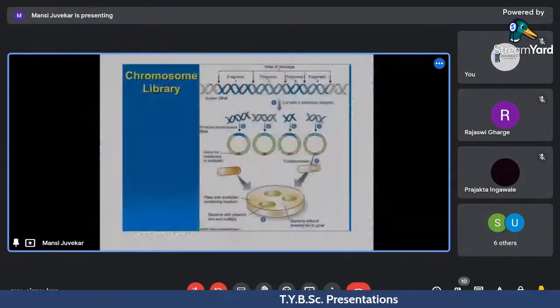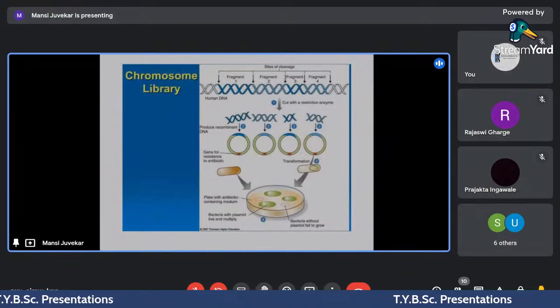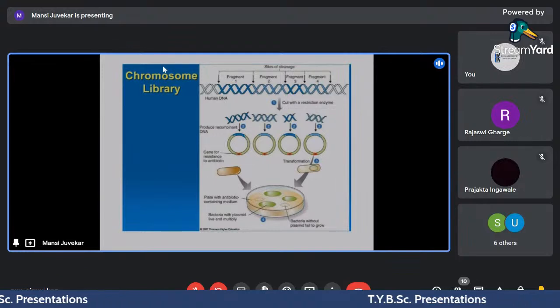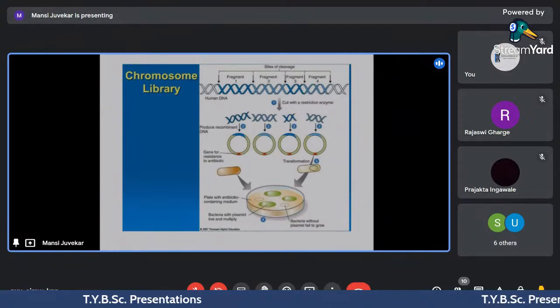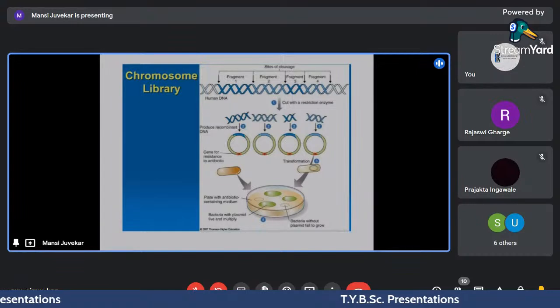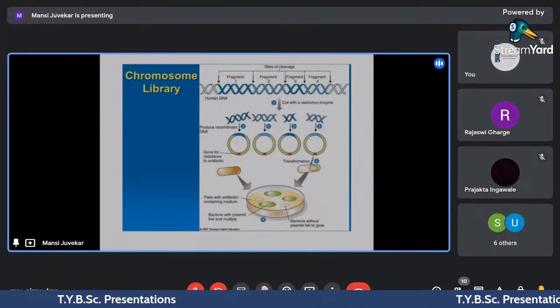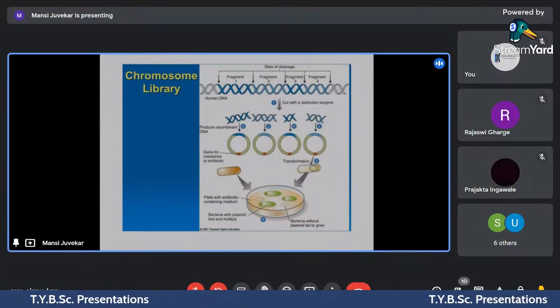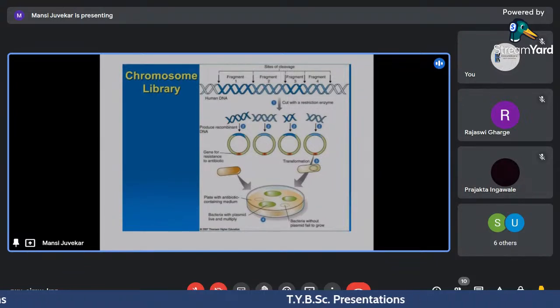टाइप्स ऑफ क्लीवेज। तो ये क्रोमोसोम लाइब्रेरी का मेथड है, मतलब वो कैसे बनती है। यहाँ पे साइट ऑफ क्लीवेज और ये डीएनए है। उसमें 4 फ्रैगमेंट्स हैं, फ्रैगमेंट 1, फ्रैगमेंट 2, फ्रैगमेंट 3 और फ्रैगमेंट 4, ह्यूमन डीएनए है। उसको रिस्ट्रिक्शन एंजाइम की हेल्प से कट किया है और फिर रिकॉम्बिनेंट डीएनए बनाया है। तो जो हमारा फ्रैगमेंट है उसको प्लाज्मिड में इंसर्ट किया, जिसमें जीन फॉर रेजिस्टेंस टू एंटीबायोटिक है, यानी एंटीबायोटिक का रेजिस्टेंस वाला जीन है।